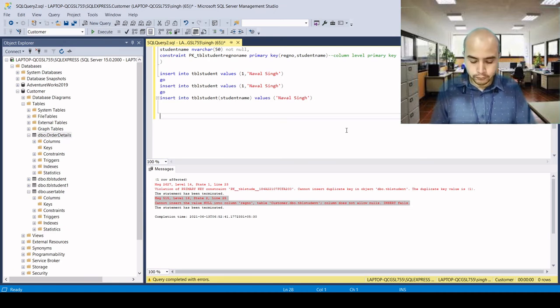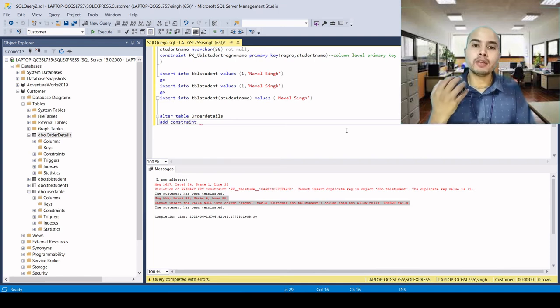The syntax is alter table, and we need to give the table name. The table name over here is order details, and we want to add a constraint. Add constraint, and we need to give the constraint name. The constraint name is pk order details.